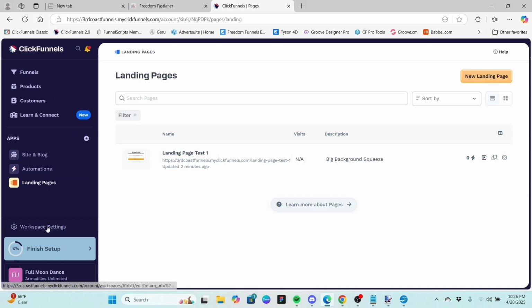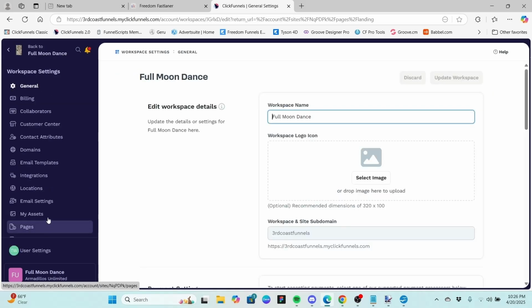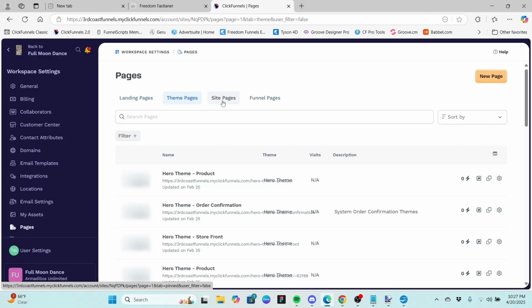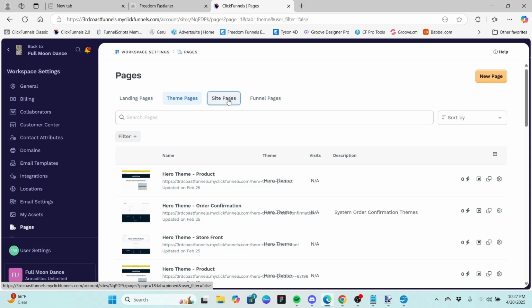Now, if we go to our workspace settings and we go to pages, you can see under landing pages, there is the page we just created. And then you have your other types of pages here, your theme pages, which I would recommend not messing with too much because it's easy to get unintended results. You have your site pages,